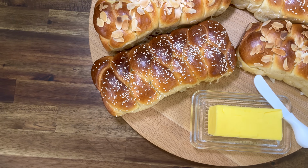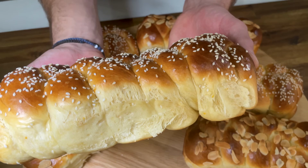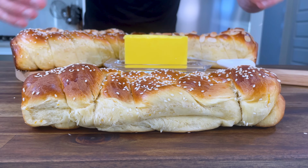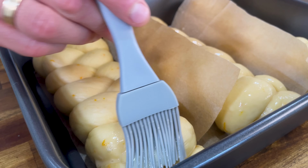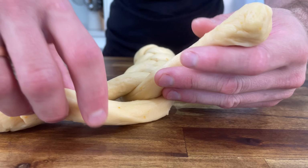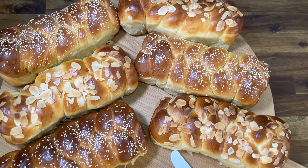Do you want to create your own slice of soft, fluffy, aromatic heaven this Greek Easter? Then fire up your oven and get ready to make the best tsoureki you've ever laid your taste buds on. This Greek Easter bread is bursting with irresistible flavors and it's so easy to make that you don't even need a mixer. So follow along with me and we'll make sure your tsoureki turns out beautiful, that your family absolutely